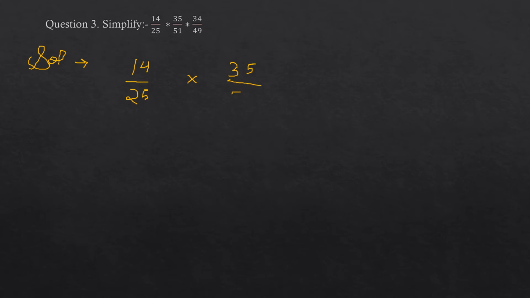Okay, so if we get the multiplication for numerators and then multiplication for denominators, it will be a long process and it will be long calculations. Hence we will reduce them and then we will get the product of numerators by the product of denominators. Okay, so here we are having these three fractions. Now you can see this 25 and this 35 have a common factor 5, right? So we can use 5 as a common factor for both of them. Therefore 25 divided by 5 gives us 5 and 35 divided by 5 gives us 7.